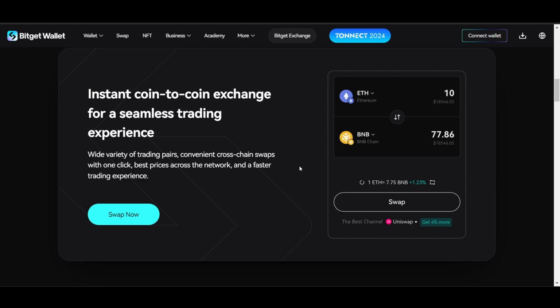On-chain withdrawal, this method allows you to transfer to any wallet address. And internal transfer, this option is for transferring directly to another Bitget account, which is instant and free of transaction fees. So if you're using on-chain withdrawal, open your Bitget Wallet tab, click on receive, and select the corresponding cryptocurrency,